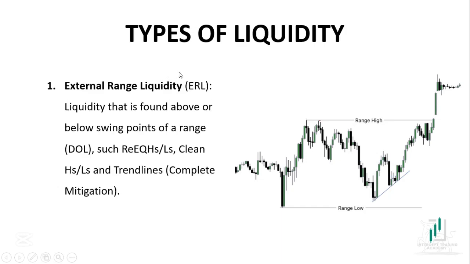External range liquidity, ERL, is liquidity that is found above or below swing points of a range, such as relatively equal highs or lows, clean high or low, and trendline liquidity, which is complete mitigation. What I mean by complete mitigation is that you can see this order block was traded back into, and you can see that the market created some sort of